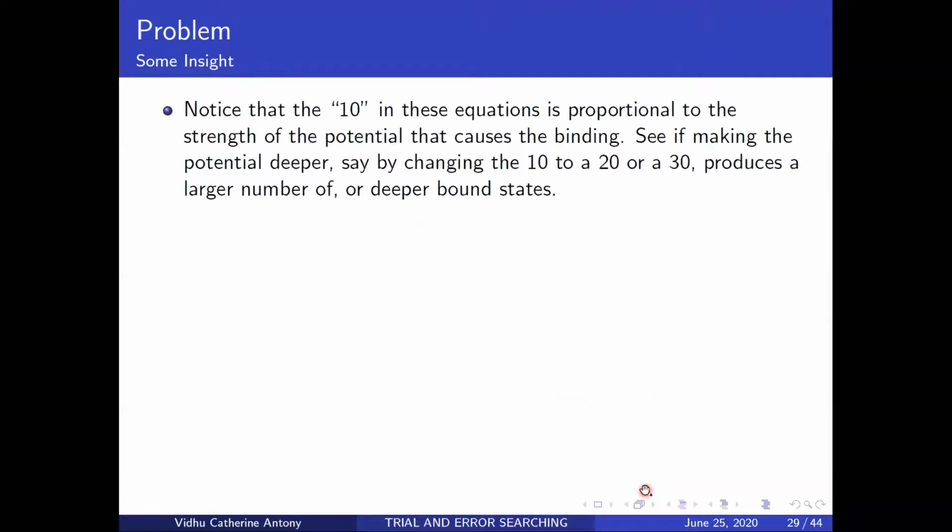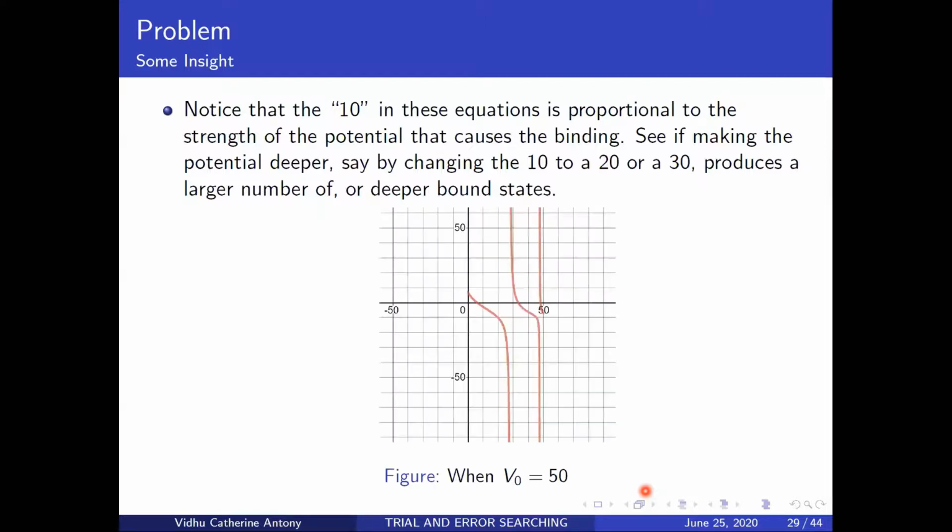So now I'm going to look at what this potential physically does. So when I change the value of my potential, what is actually happening, okay? So when we looked at V naught equal to 10, we found that there were two values. But when I increase the potential to say V naught equal to 50, you can see that there are three states here, okay? So what I'll do now is I'll switch over to an animation that I'd like to show you, what happens when you actually change the potential.